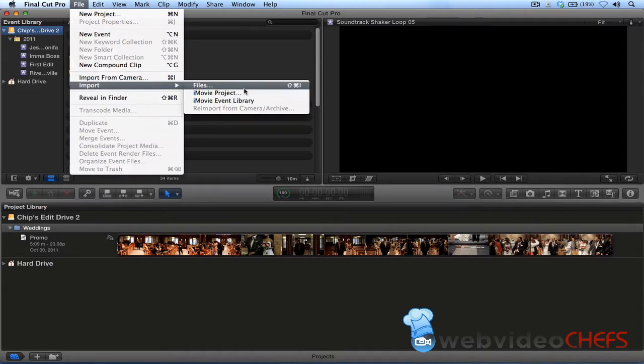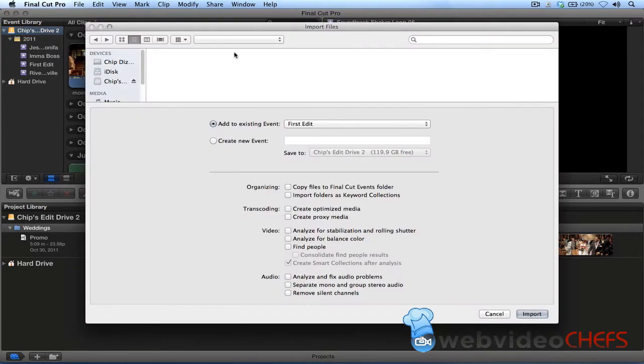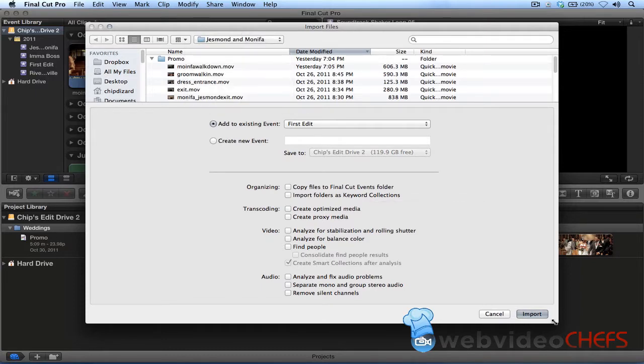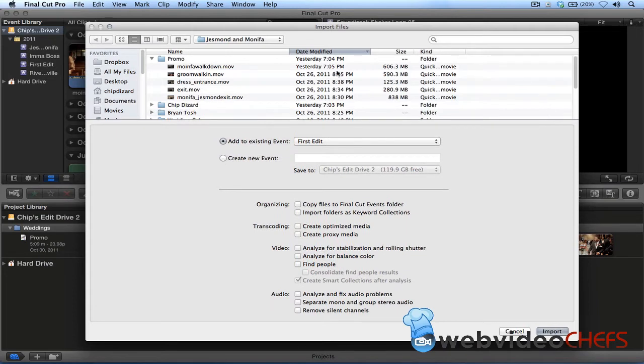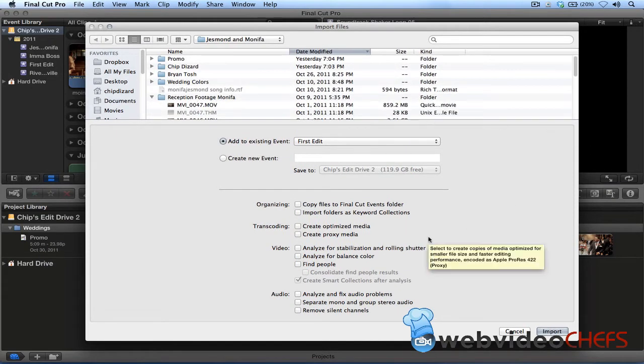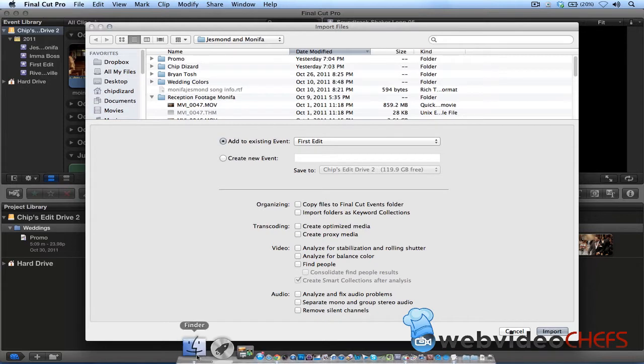The first thing I'm going to do is go import files, and then I'm going to go under my wedding folder. I have a wedding folder that's on my edit drive right here. Once I do that, I'm going to see what I can import. Now, a couple of things you can see. You can copy files to the Final Cut events folder,